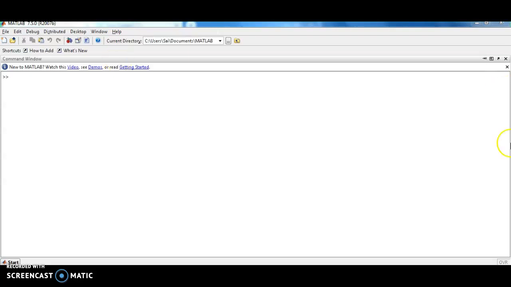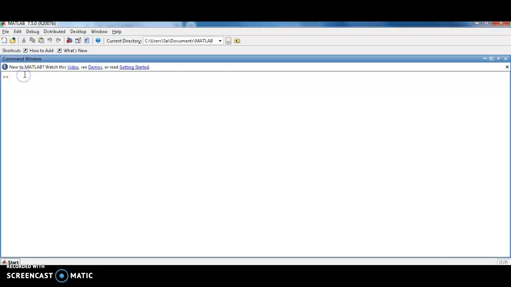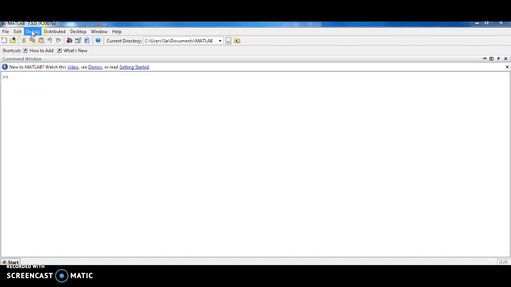So I already opened the MATLAB. In that, the command window will be opened. In that we are going to write the program. So the transfer function is 10 raised to 10 divided by s square plus 10 raised to 10. So s square is the highest order. In the numerator there is no s term, so 0, 0, 10 raised to 10.